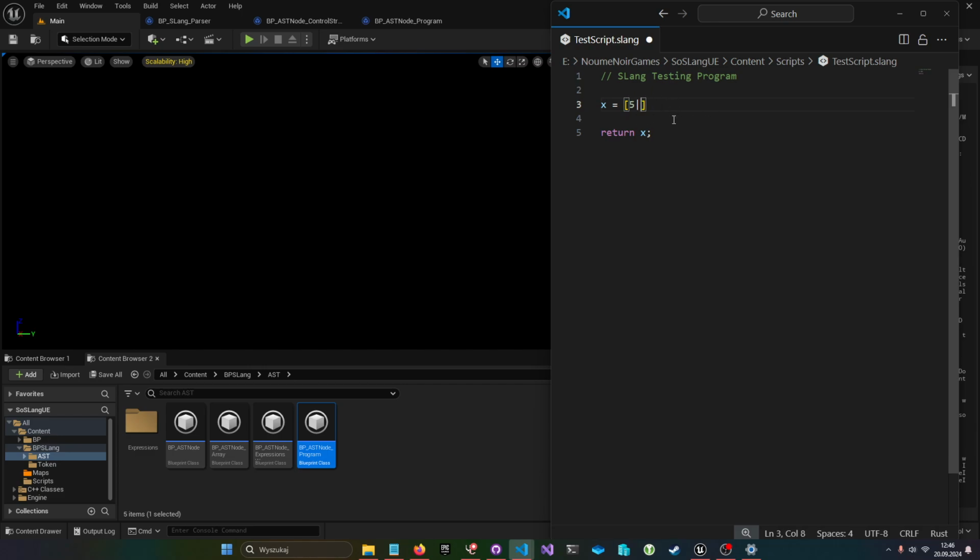Vertical line, I guess it's called. So maybe let's do just 1 2 3, and this is how you declare an array in my language.